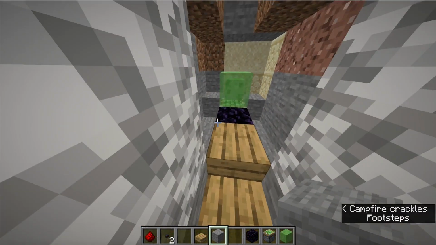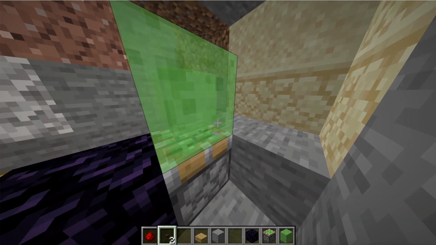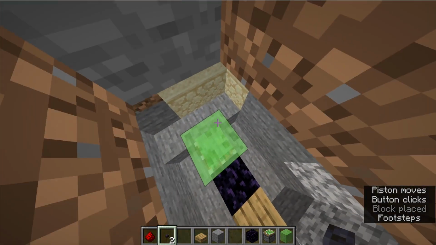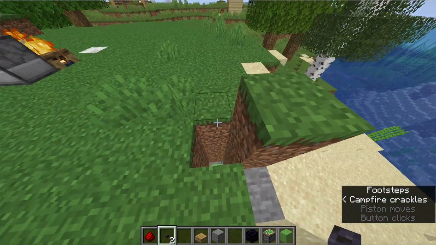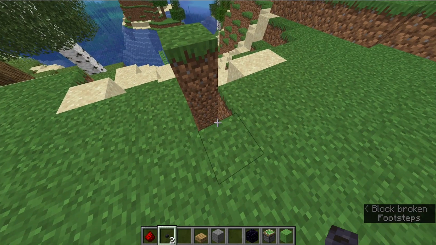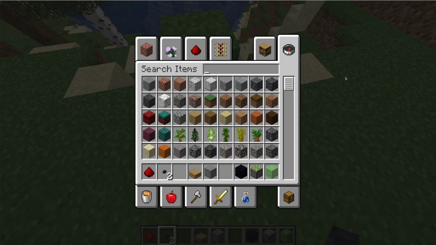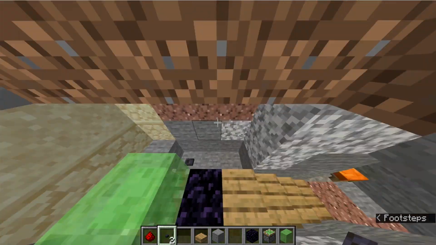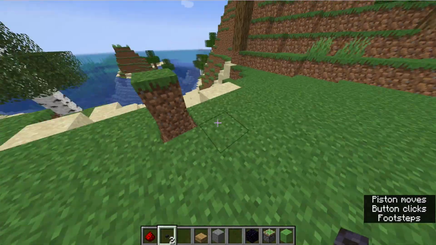Okay, what you want to do is make a little staircase up. You want to have a piston with a slime block on top. Not too much redstone is needed, so that will push you up and out. But you could probably find a way to hide this with something that you could go through, like, you guys could probably figure that out. But that is that